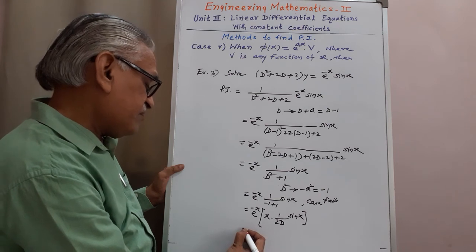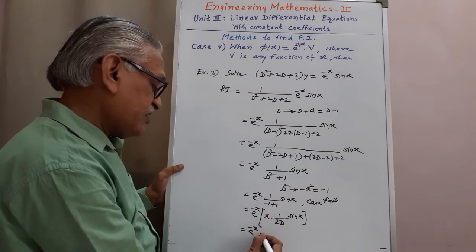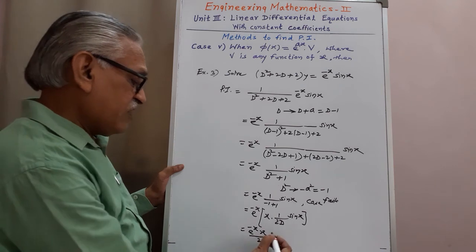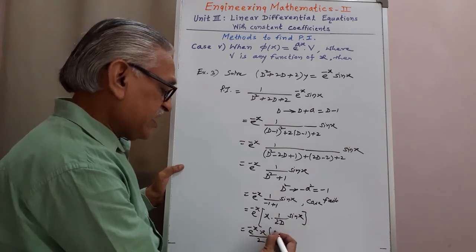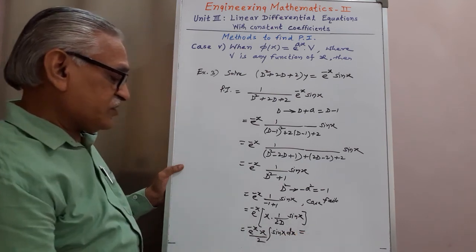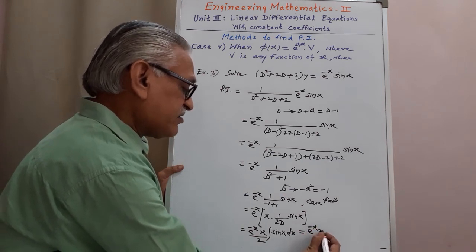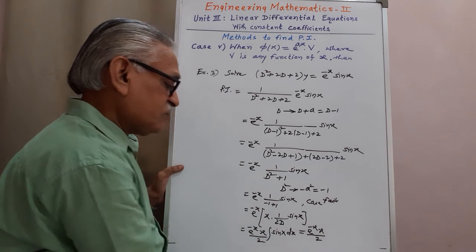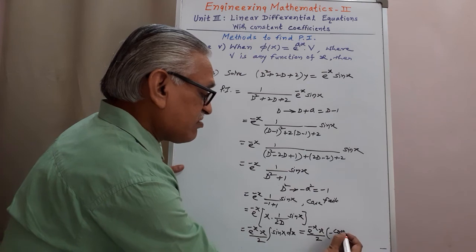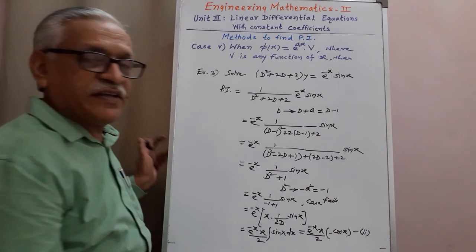Therefore it is e raised to minus x into x by 2, and 1 by D means the integration of sin x with respect to x. Therefore it equals e raised to minus x by 2 into x, and the integration of sin x is minus cos x,